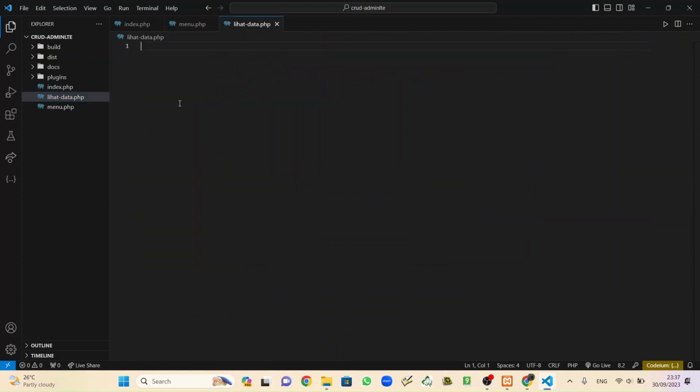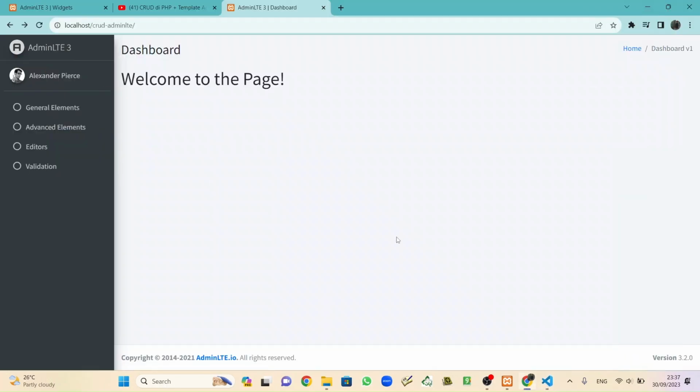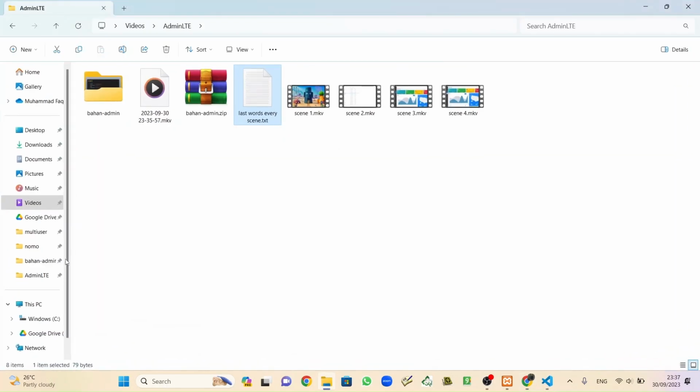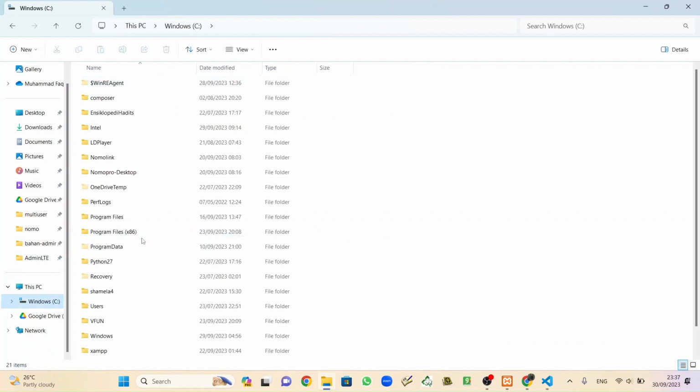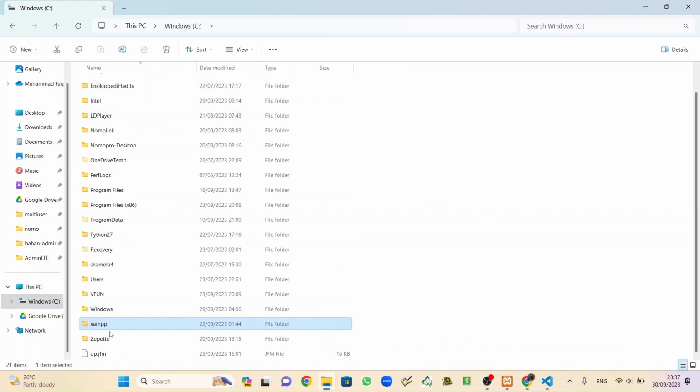And okay, we will copy inside lihat data from the AdminLTE at this XAMPP.